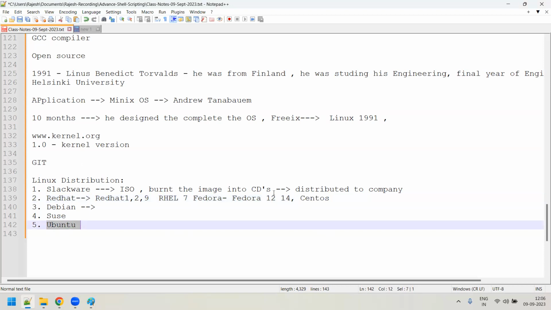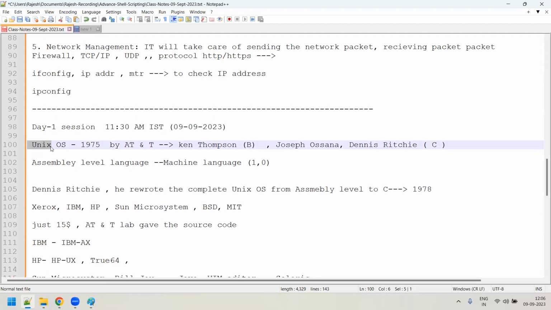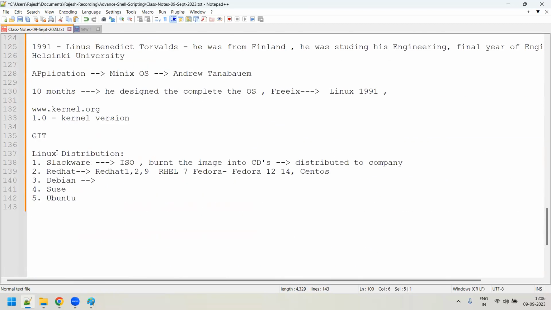So now, if you ask me what is the difference between Unix and Linux, there is not much difference. Because the Linux architecture is completely dependent upon the Unix architecture only. Whatever Unix we have, the whole architecture was redesigned again in Linux actually. But Linux has much more enhanced features compared to Unix.